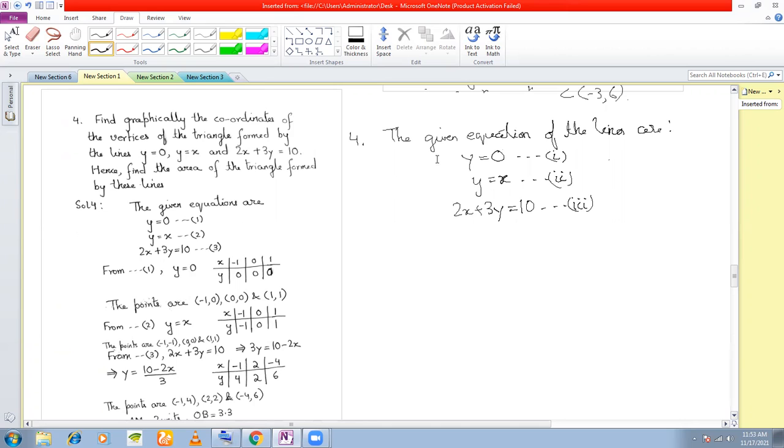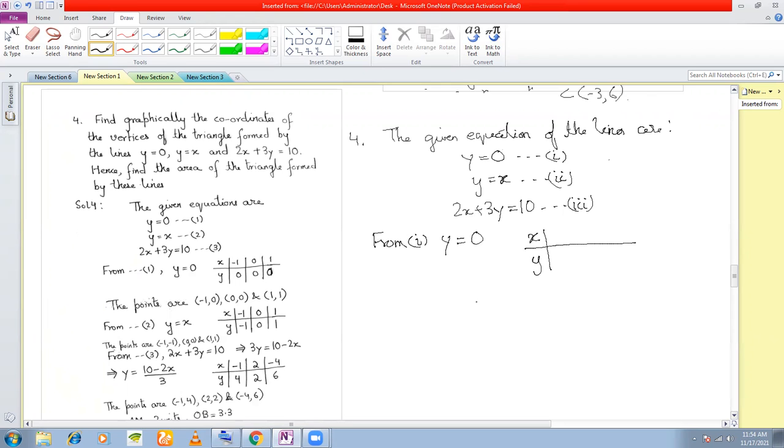So we consider each line individually. Let's consider the first line, from 1, y is equal to 0. Now I just told you y is equal to 0 should be the equation of which one? The x-axis or y-axis? Sir, x-axis. Okay. So you can directly say that the equation y is equal to 0 represents the x-axis. Directly you can see, right? Otherwise, you can also plot the points if you want, just to check whether it represents the x-axis or not.